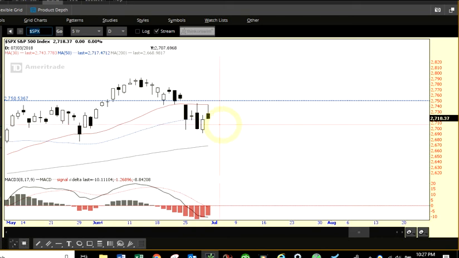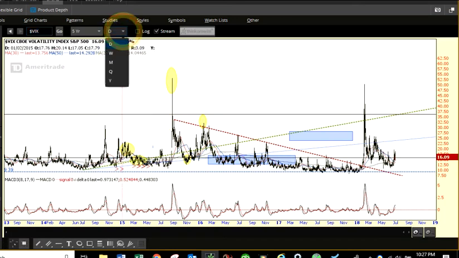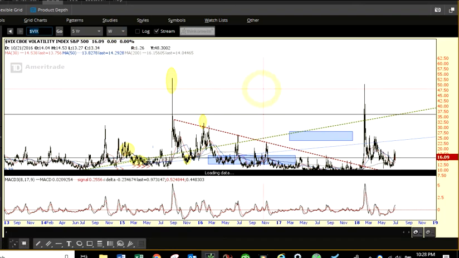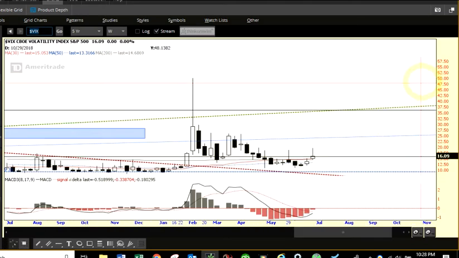All right, let me get my other stuff up here. Let's look at volatility. Let's get back on the weekly. So volatility for the week was up, as you might expect. If the market was down, you could expect volatility could start turning a corner and turning up, and you can see here on the MACD it's starting to turn as well. So like I said, that may be it for the whole counter trend rally,